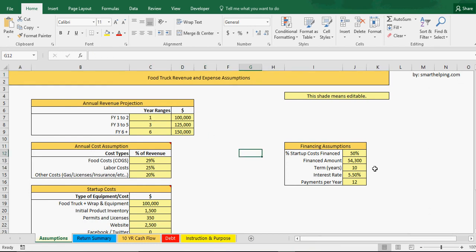For year one to two, these will update if you change it. So, say my second period, I wanted to go year 1 to 6. These all update automatically. And then let's say we'll go 8. So 1 to 6, 6 to 8, or 1 through 5, 6 to 7, and then 8 plus. So that's all dynamic, and then you can put in what you expect your annual revenue to be with the